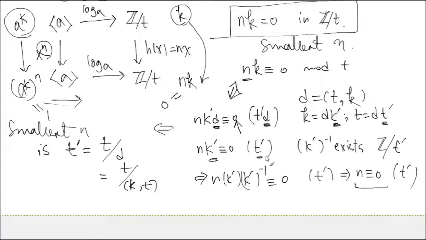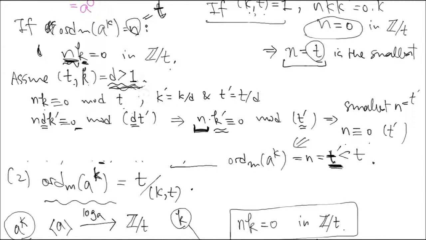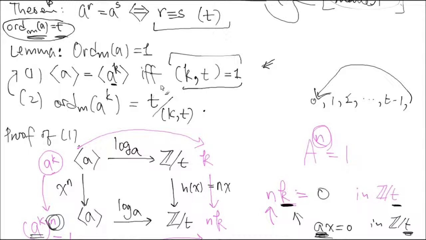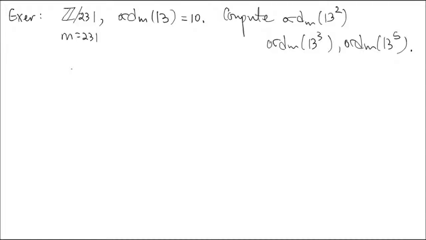So if you had done this one first, then this would be really easy, right? This would have been a lot easier. What is the order of this ak? Relatively prime is 1. Order is t. So the length of this t is the same as the original. It must be the same thing. It's a lot easier argument. I just wanted to go through this commutative diagram two times. That was it. So this is our exercise. Order of third